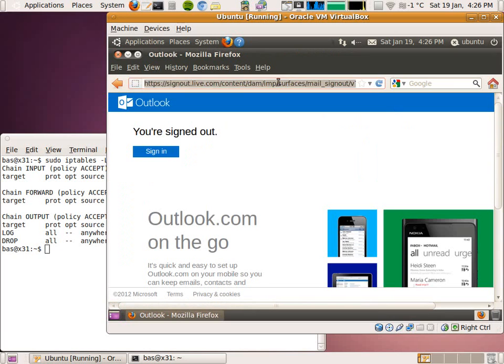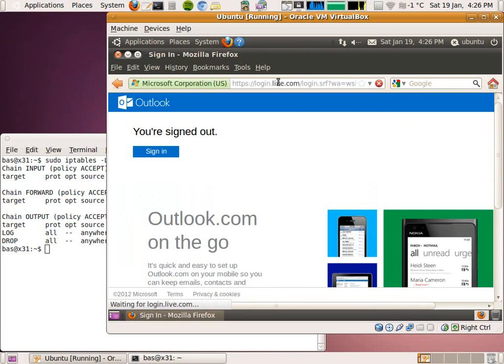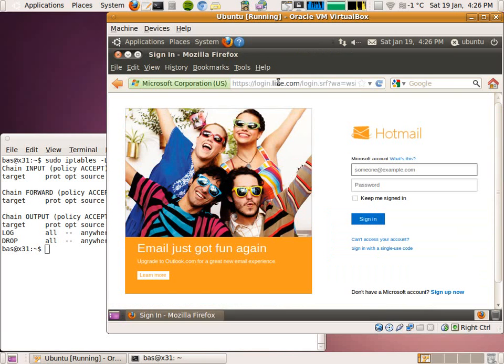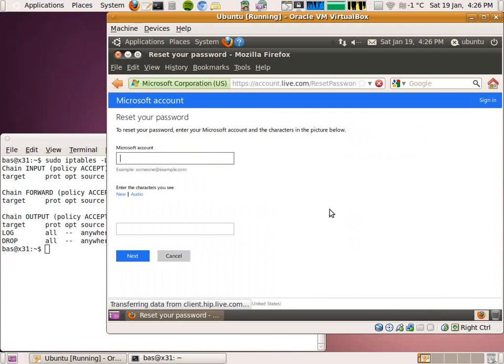The attacker then attempts to log into Hotmail, decides that she can't access her account, provides the user's email address,